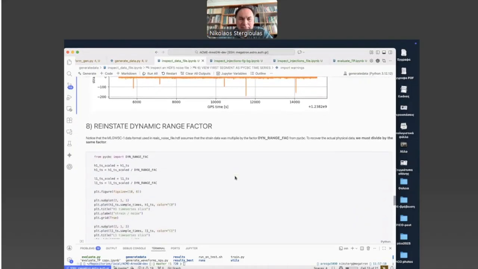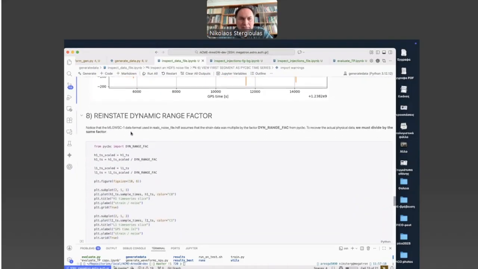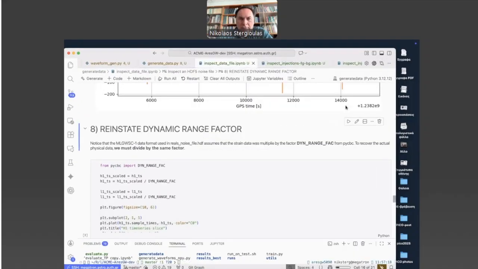In reality, for the machine learning gravitational wave data challenge, the format in which these noise files are created assumes that the strain is multiplied by a certain factor. This factor is provided by PyCBC. It's called the dynamic range factor.